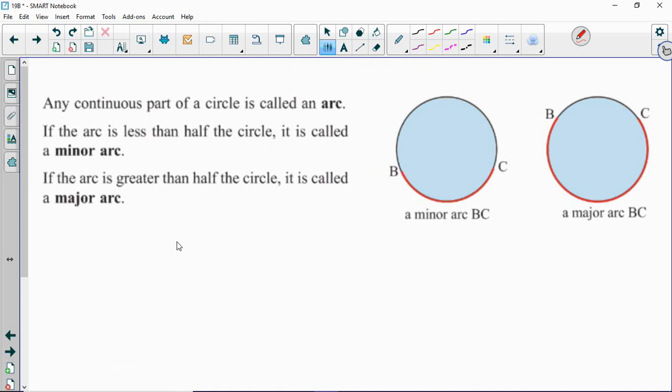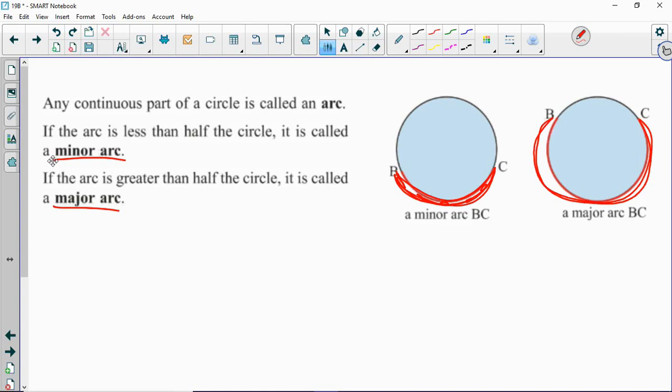But if we were only going part of the way around a circle, we call that an arc. All right, and if an arc is less than half of the circle, it's called a minor arc. If it's more than half the circle, it's called a major arc. I don't know, I'm colorblind, so I have a lot of difficulty seeing the pictures at right. So just in case you're having the same problem that I am, the minor arc BC is here. The major arc BC